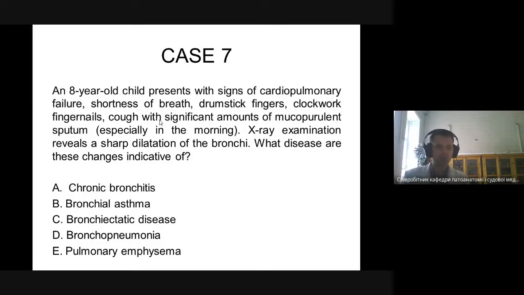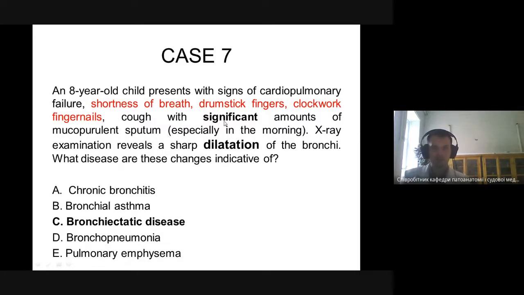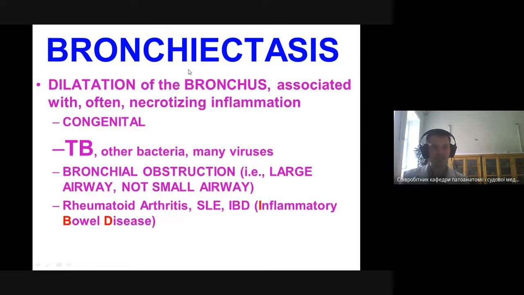How to call the dilation of bronchi? Bronchiectasis. Bronchiectatic disease is the answer for this case. And significant amounts of mucopurulent sputum, that's important. And dilation was given in the question. Bronchiectasis, dilatation of the bronchus associated with often necrotizing inflammation, congenital, tuberculosis, bronchial obstruction, rheumatoid arthritis, systemic lupus erythematosus, inflammatory bowel disease, and others. So to form bronchiectasis, you need